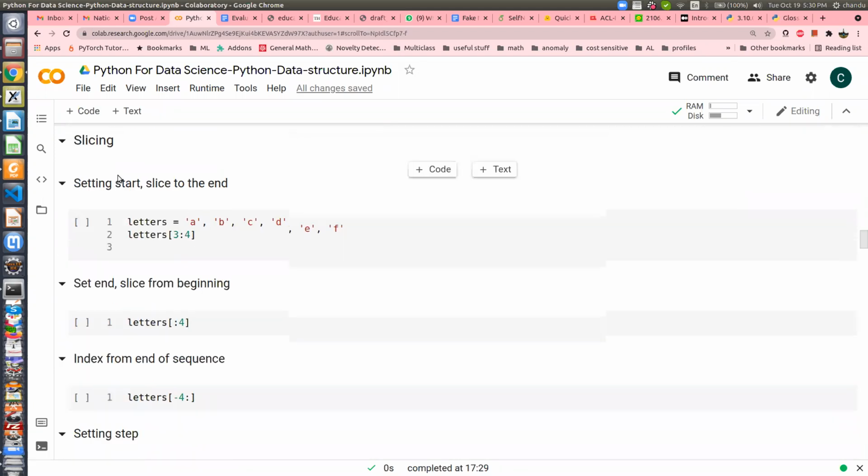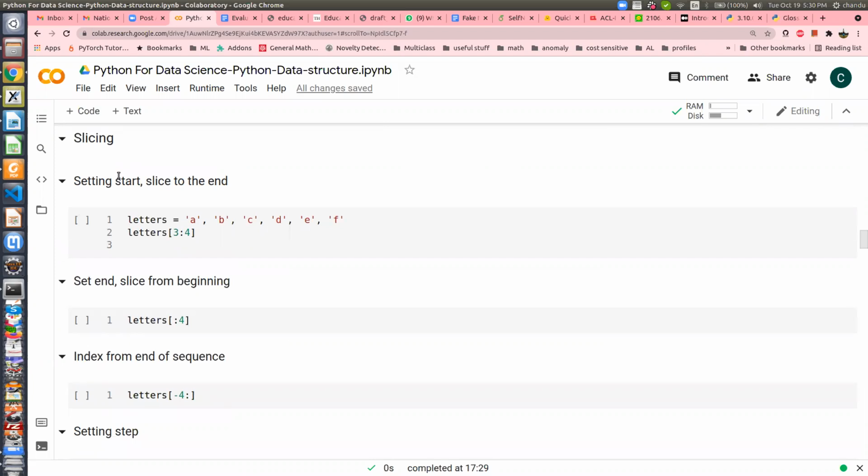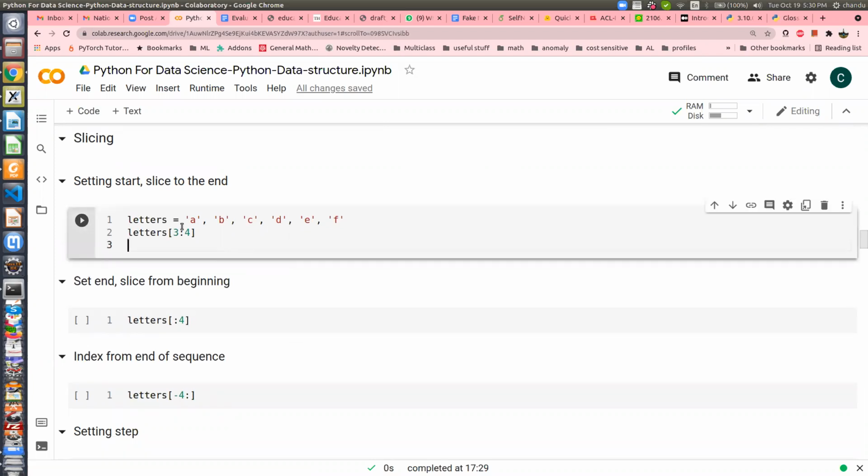Slicing. Slicing is a very powerful feature of Python. So let us say we created a list like this, and I want to access items starting at 3 and going up to some location. This is the colon notation. A slice is basically accessing from here to here.